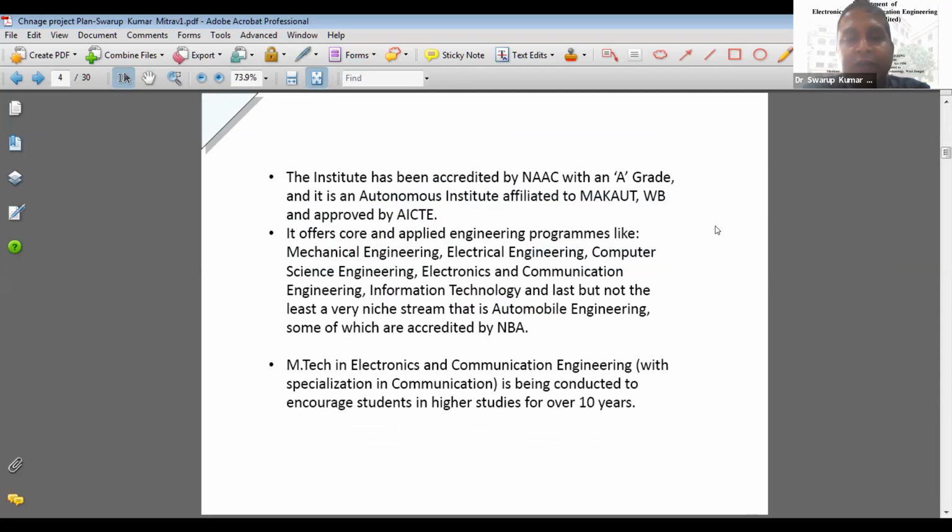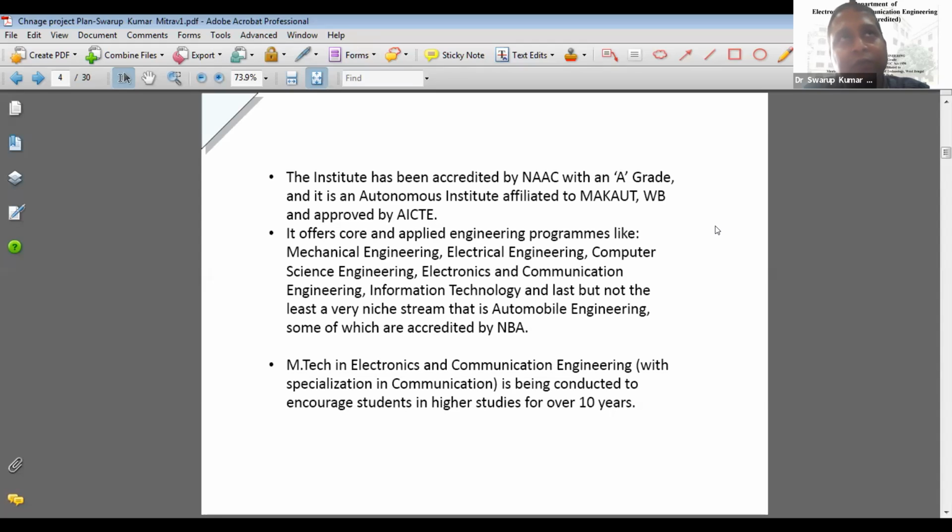Though the student intake is not good in that particular department, we have a tie-up with Volvo, HR, and some other automobile industries. Among them, 4 of them are NBA accredited. We are on the verge of being an autonomous institute. We have 2 of the branches.